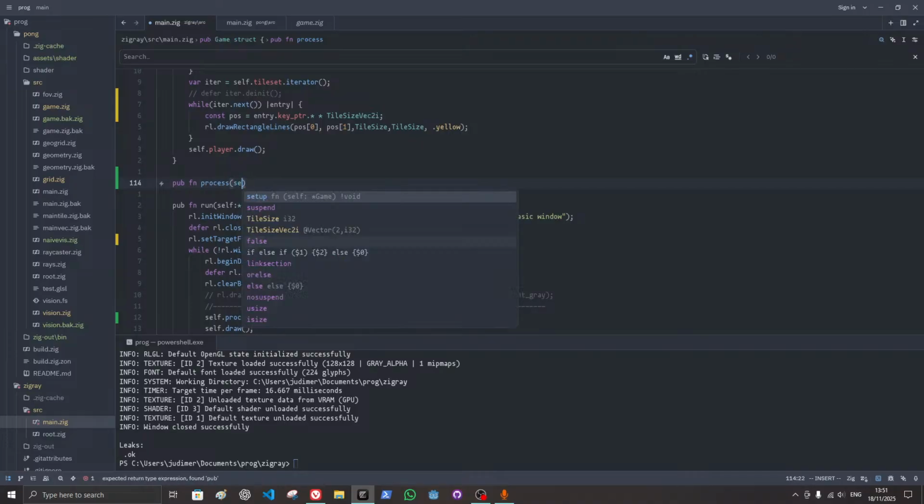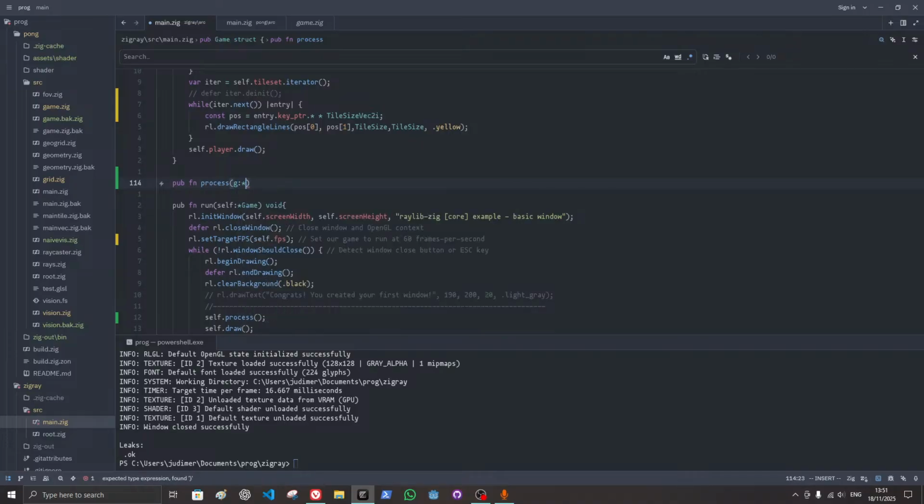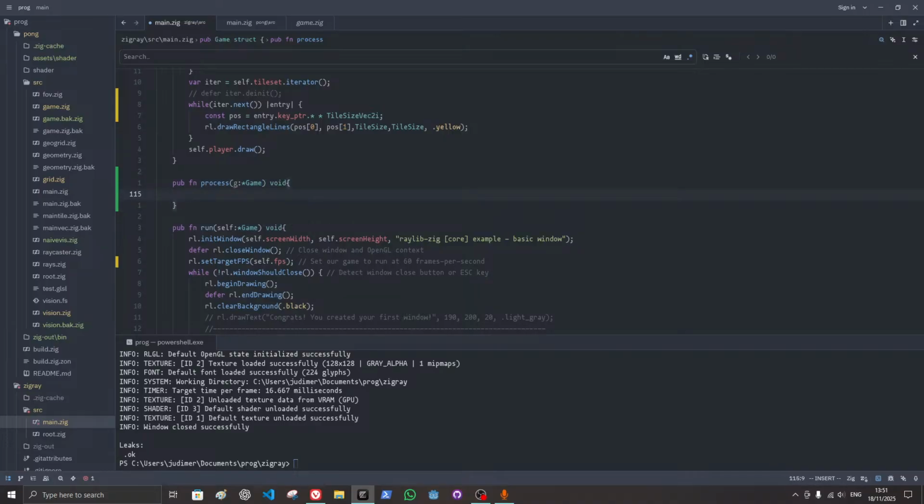Self. I mean, I'm lazier than this, so I can just use G rather than self. Okay. Now, what do we do? So we first have to get all the input. So if the keyboard button is pressed,